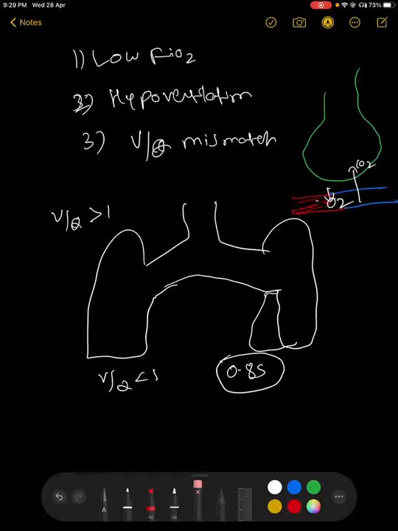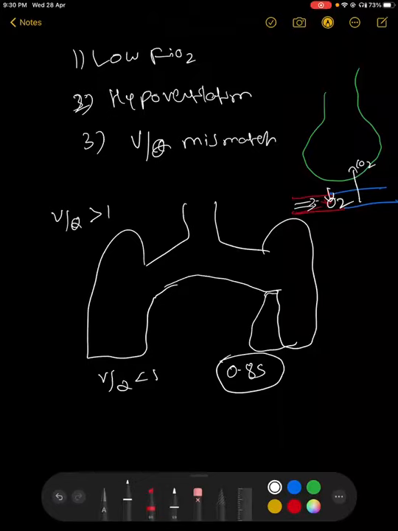If there is a perfusion mismatch, let's consider a patient with pulmonary embolism, where there's obstruction to blood flow in the pulmonary artery and hence into the pulmonary microvasculature. So when there is no perfusion, what happens? Again, the gas exchange will not happen, leading to respiratory failure. So this is about ventilation perfusion.